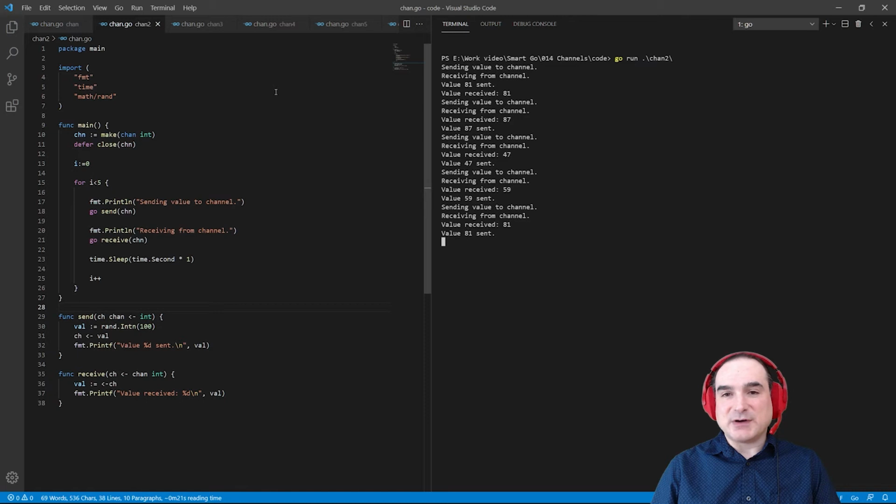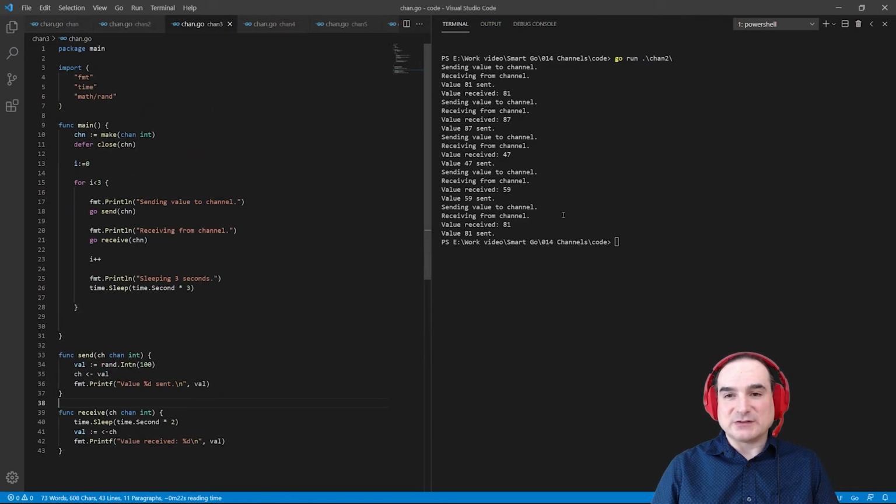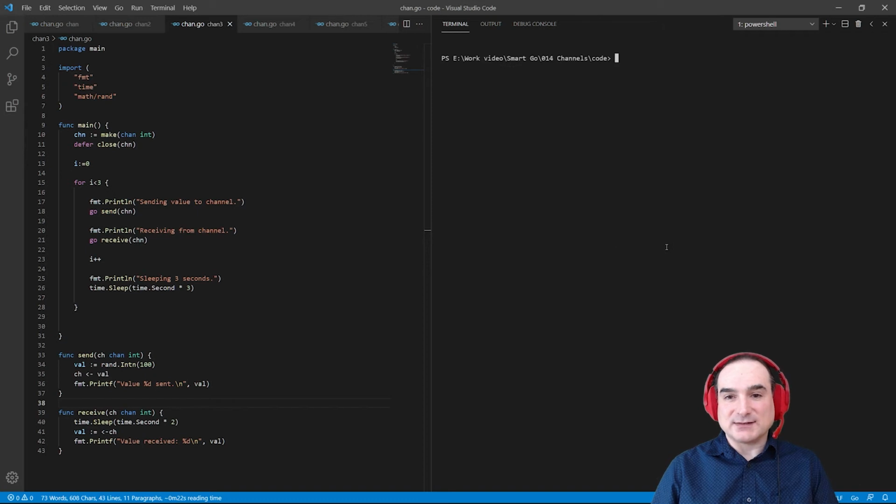Channels can also be buffered or unbuffered, meaning you can control how many messages can be inserted into a channel before the channel blocks and has to be read from to do anything further with it. By default, channels are unbuffered. They can only hold one object at a time for reading or writing. If you try to send on an unbuffered channel that hasn't been read from yet, the send process will block.